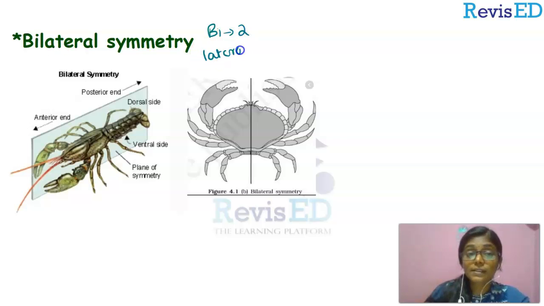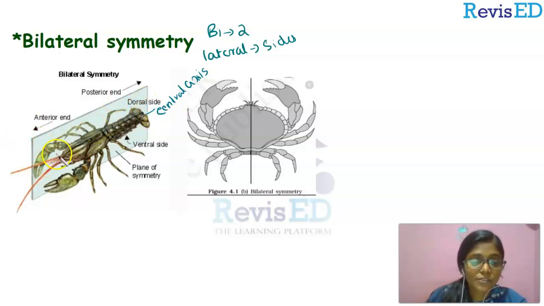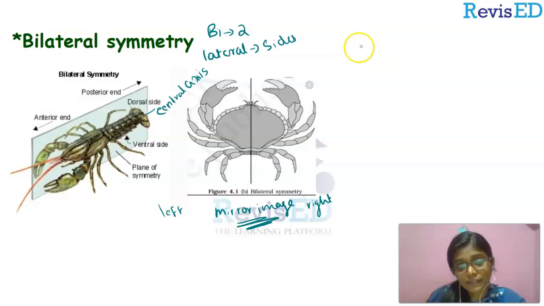And we are going to discuss the last title under symmetry, which is bilateral symmetry, where bi means two and lateral can be considered as sides. So look at the picture. The entire organism is divided through its central axis into two identical left and right sides, right? So the left side is the mirror image of the right one, and the right side is the mirror image of the left side. There are 2 examples shown. The first one is a prawn and the second one is a crab.